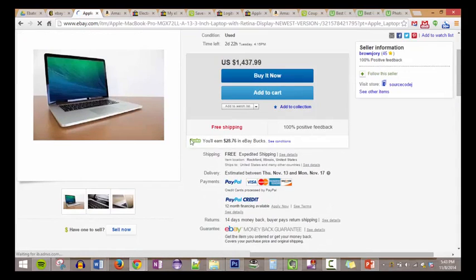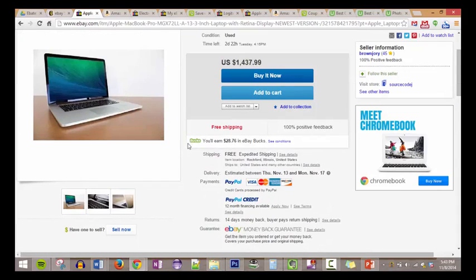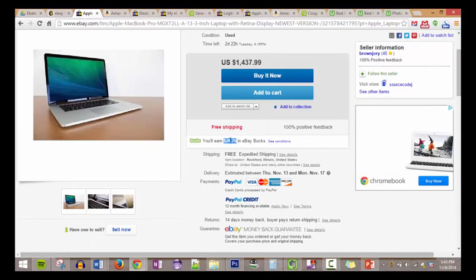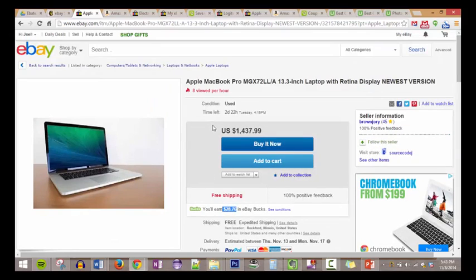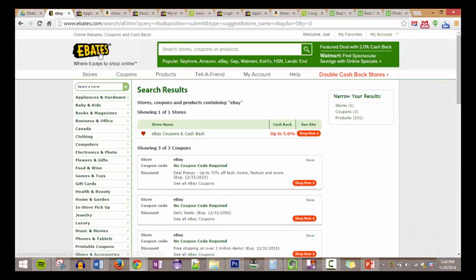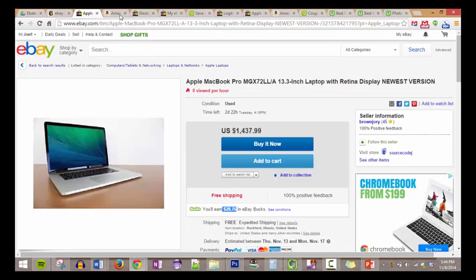You would then see that you're not signed up for eBay Bucks yet, so you would sign up for that, and they would tell you how much you would earn for purchasing this item through eBay. So you're earning eBay Bucks, which is real money. You're making 5% cash back on eBates, and when you go to checkout here, if you use your credit card,